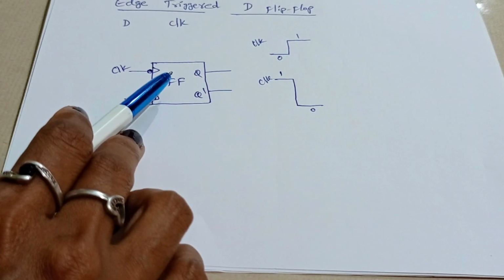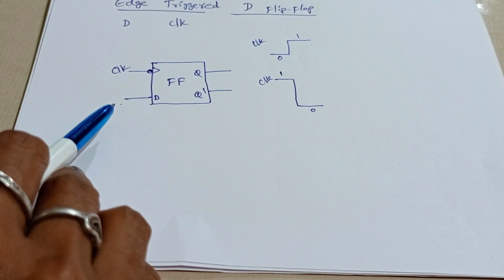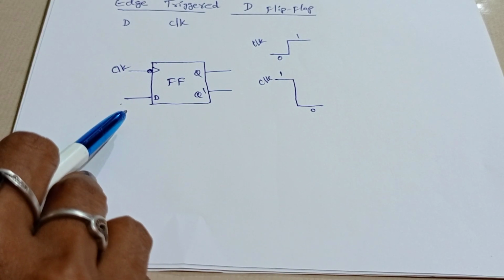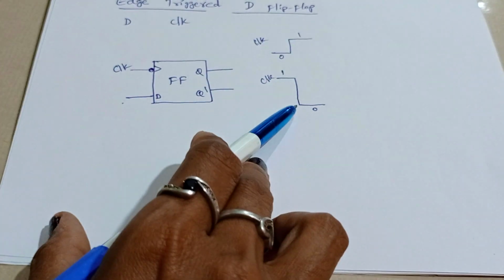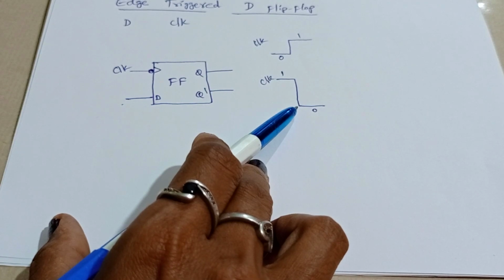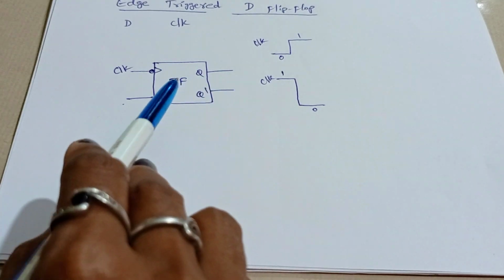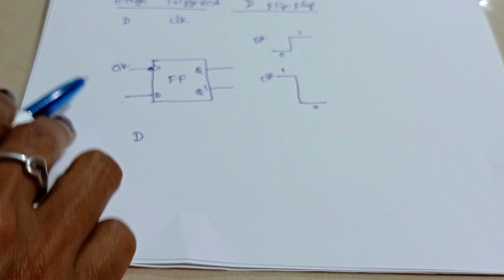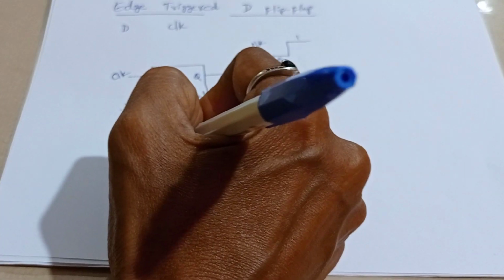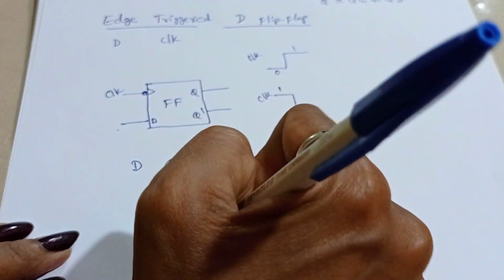Okay, now we'll see the truth table. The term active edge refers to the clock edge, rising or falling. Active means it may be either rising or falling, that triggers the flip-flop state change. By this it will be triggering. Okay, now we'll see the truth table, that is D input and Q output, and the next state Q plus.